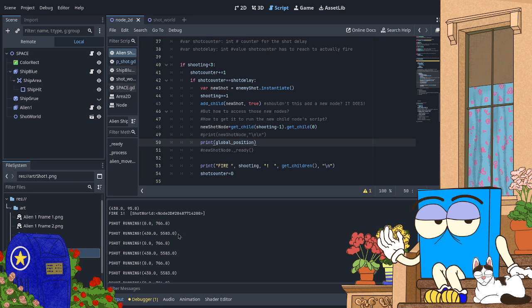This should be equal to this, at least the start, and then it should just add 10 to that location. Yeah, I'm misunderstanding what global position is here.